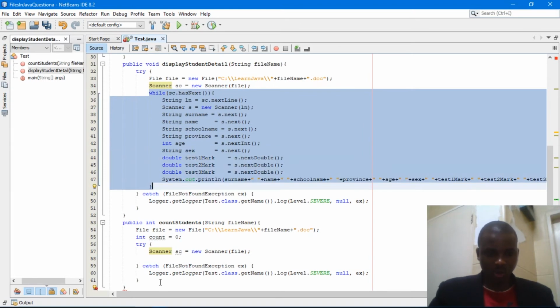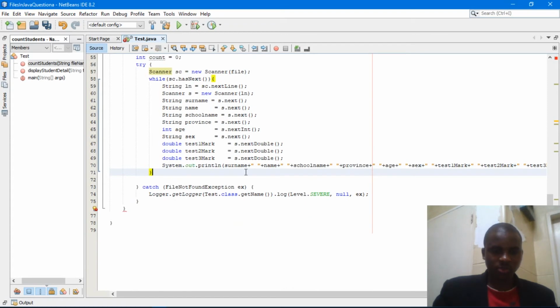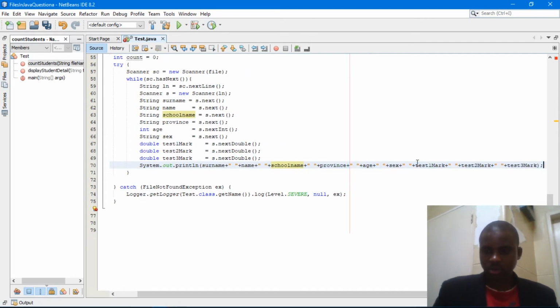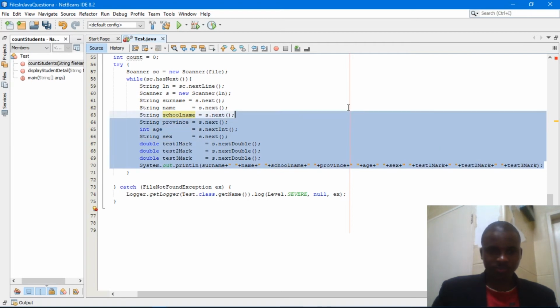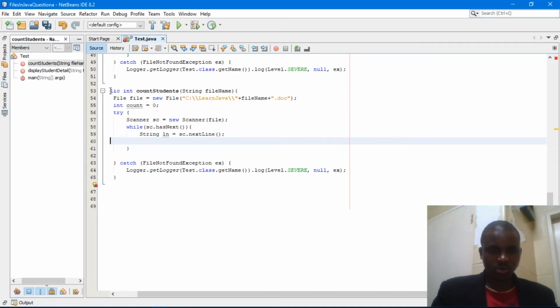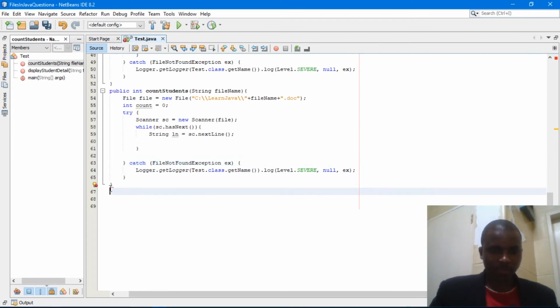This error is for the return. I have to return something just inside here. Let me see all my brackets here. Missing return statement. Why here? Okay, this is the public class. Just inside here, I have to return count. This count is the variable that we have to return after counting the number of students. So here I don't need this also.